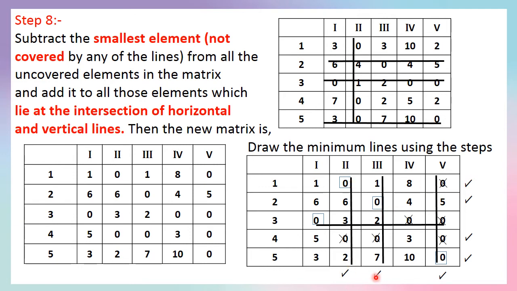Now in this column there is one more assignment, so we have to put a tick mark along this row. And then this column also contains an assignment, so we put a tick mark here also. Now we will draw lines through the marked columns and unmarked rows. You can see that these 3 columns have the marking, so we draw lines here and then draw a line along the unmarked row. So we are getting 4 lines.